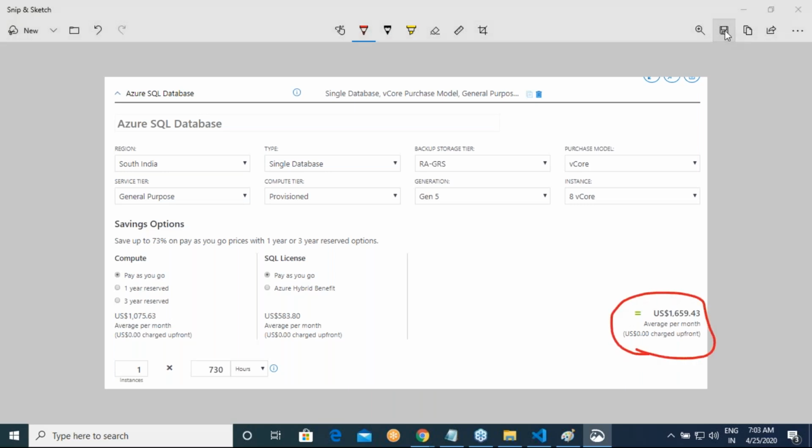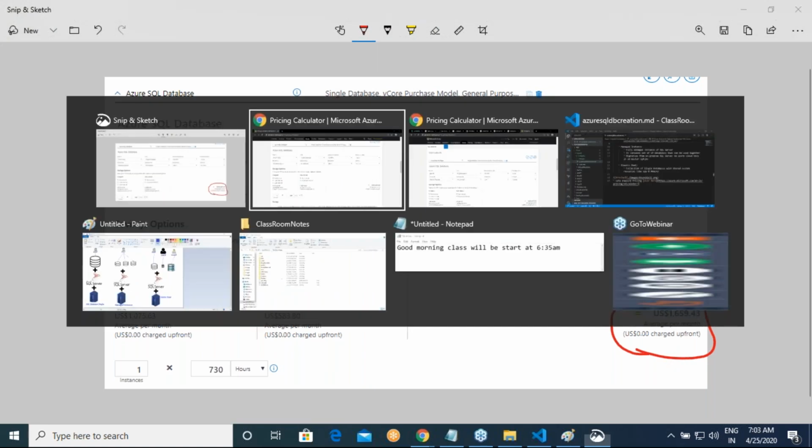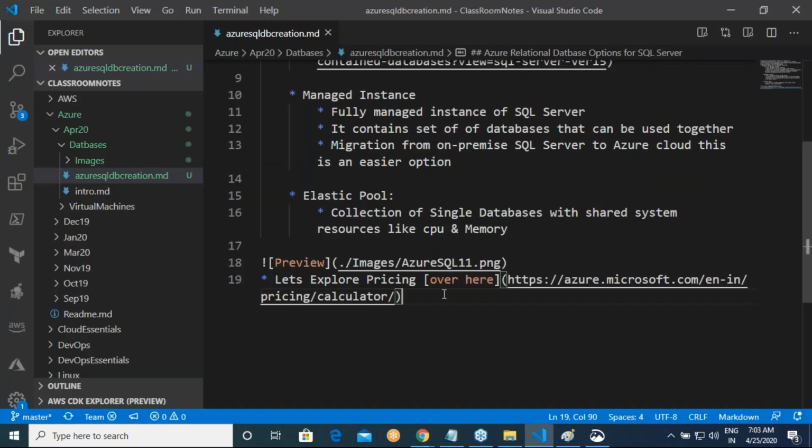Below are some of the images with database options.